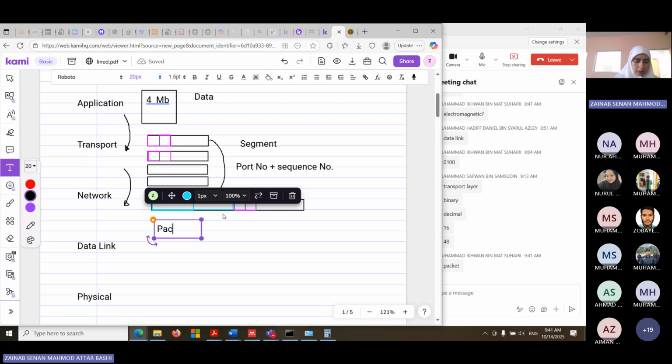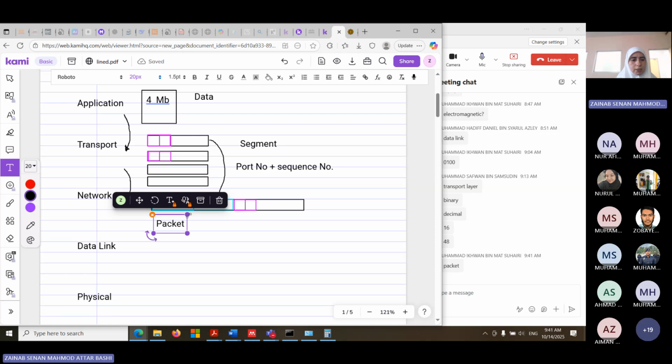And these packets simply have a new piece of information. What is that piece? What do we put here? The source IP address and the destination IP address. Two IP addresses will be added here.